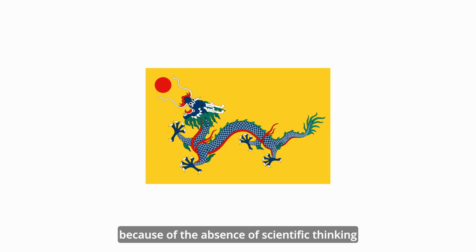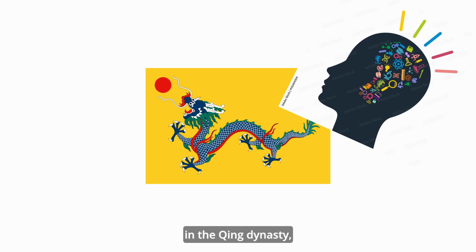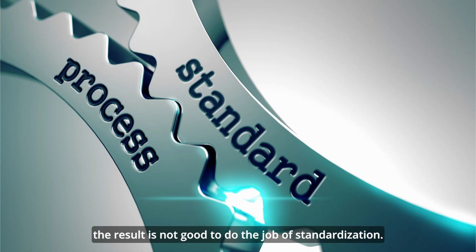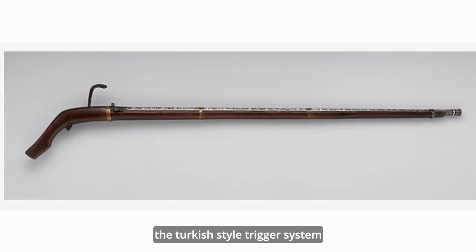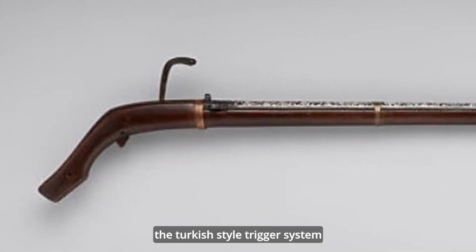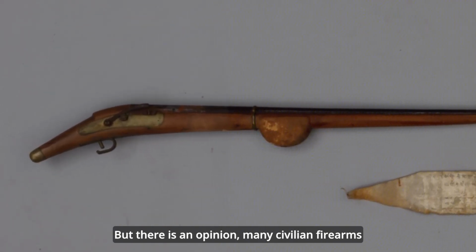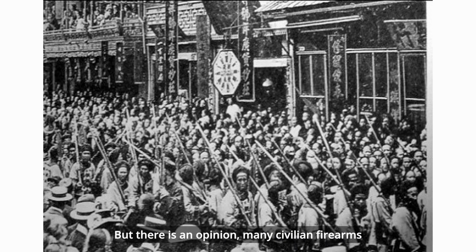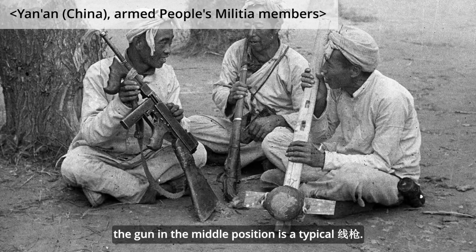In addition, because of the absence of scientific thinking in the Qing dynasty, the result is that standardization was not done well, just like the Hench, xiàn. Some of them were installed with the Turkish-style trigger system, and some mechanisms of the gun were Japanese style. But there is an opinion that many civilian firearms were Japanese style, just like in this photo taken in 1944. The gun in the middle position